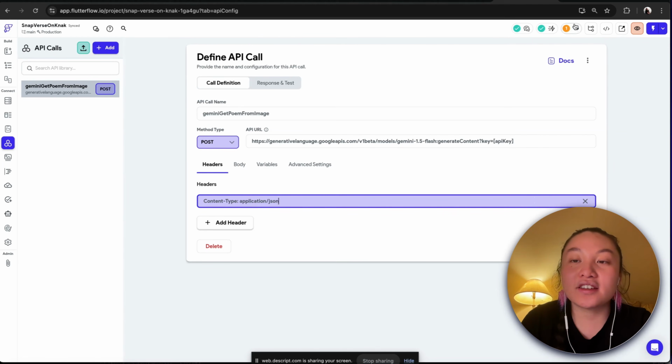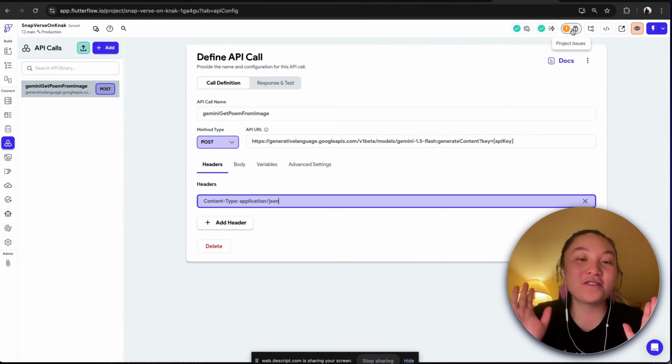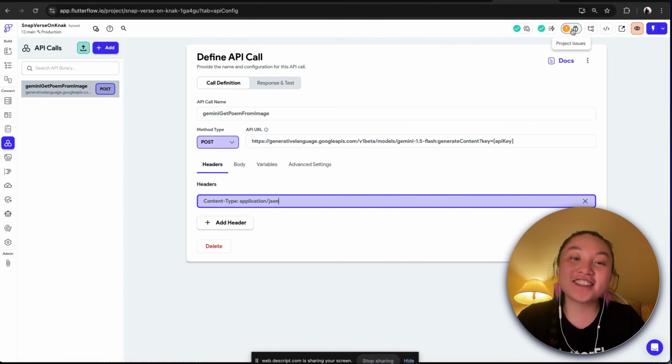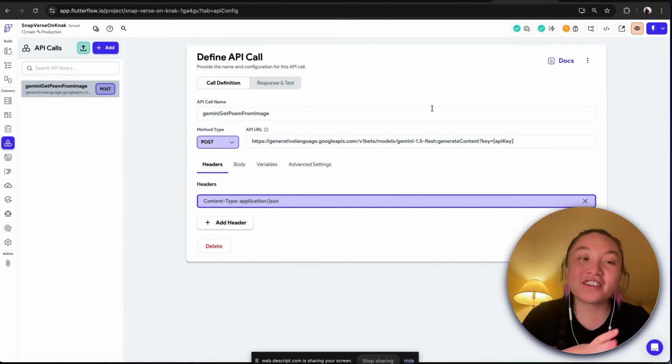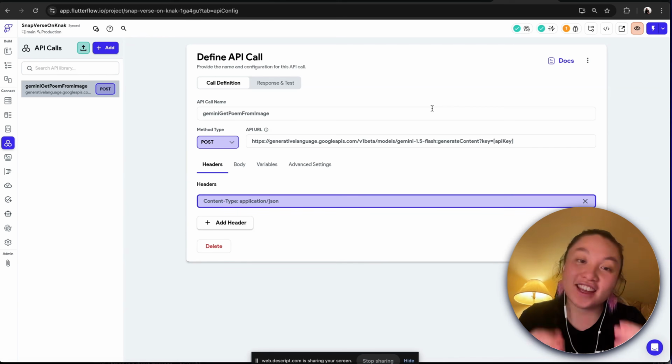Let's see if we have any errors. Cool, we got no errors. So let's move on to the next step. Let's test our API calls, before we hook up any UI to it, just as a sanity check to make